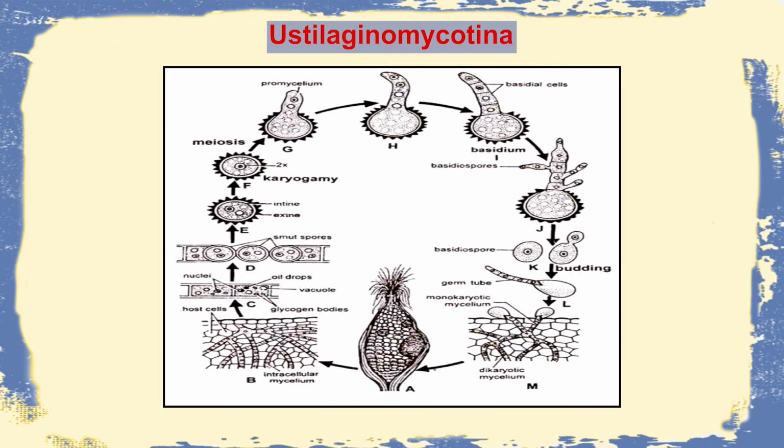The Ustilaginomycotina represent a pathogenic group of fungi commonly known as smut fungi. This smut fungi invades the corn, and they develop into intracellular mycelia, and develop into the N+N stage. That is, they have three different stages: one is haploid N, one is dikaryon or N+N, and another one is diploid, that is 2N. So this karyogamy will continue, then the promycelium will develop and it will germinate, and of course after germination they can reproduce by budding. So this smut fungi represent the first group, which is Ustilago maydis.